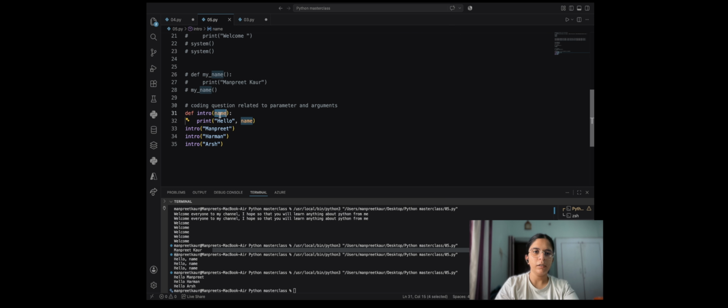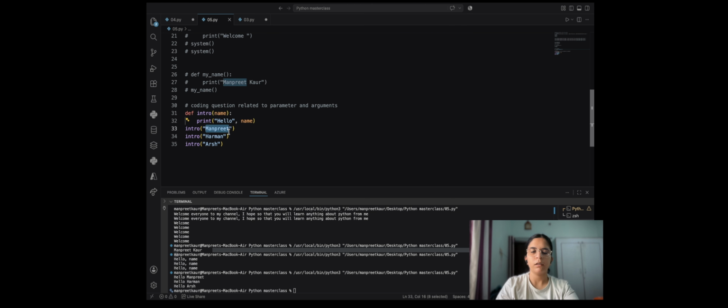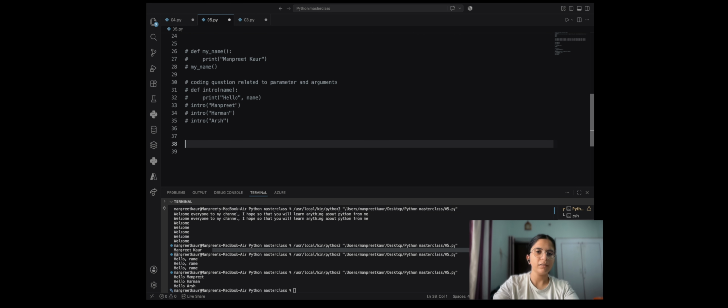As you can see, this one is a parameter. Now we have written that parameter here, and we put that value in intro Manpreet. This intro is the function name. That Manpreet is the argument.